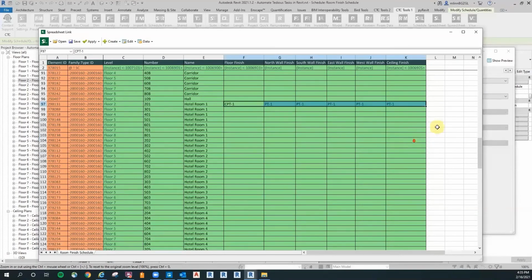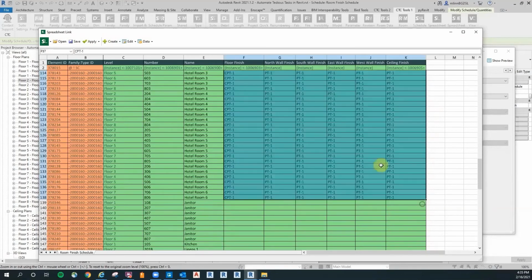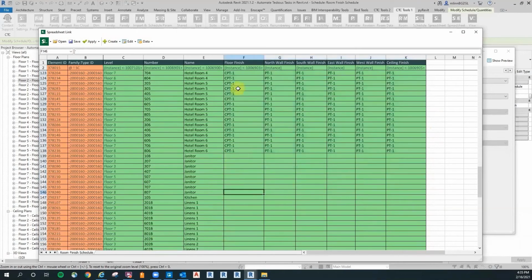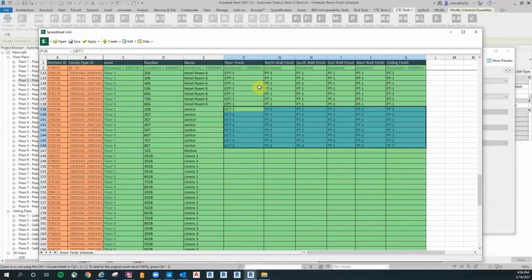Okay, so I'm just gonna insert in the first one and on the ceiling. Autofill all the way over and autofill all the way down. Again, this could be done in Excel. Say you have an interior designer who likes to input his or her finishes within Excel. You could create this schedule in Revit, create the spreadsheet in Spreadsheet Link, and then save it out to Excel and give the spreadsheet to him or her, and they could populate these finishes in Excel outside of Revit, never even opening Revit,